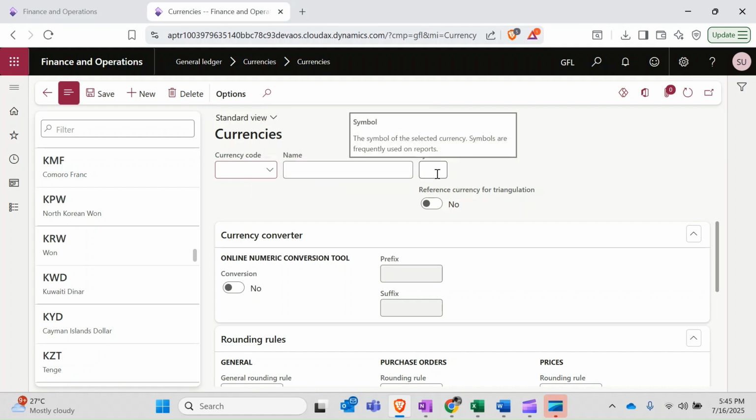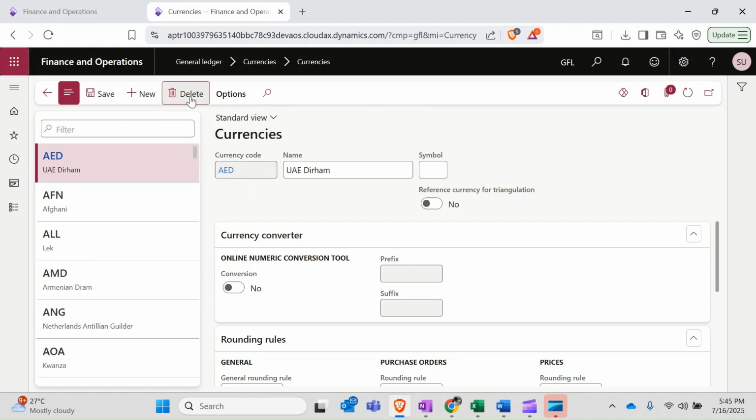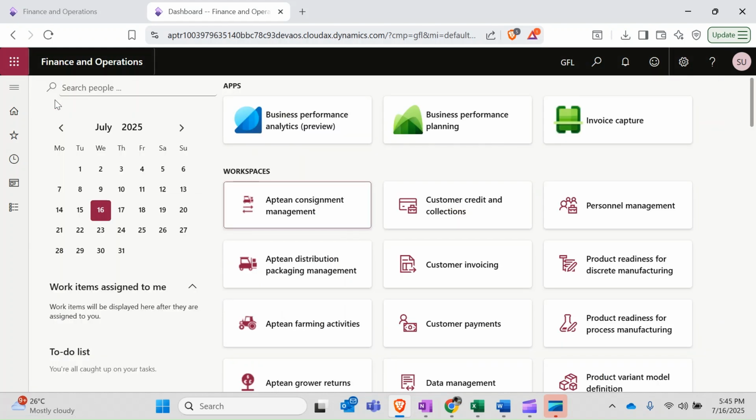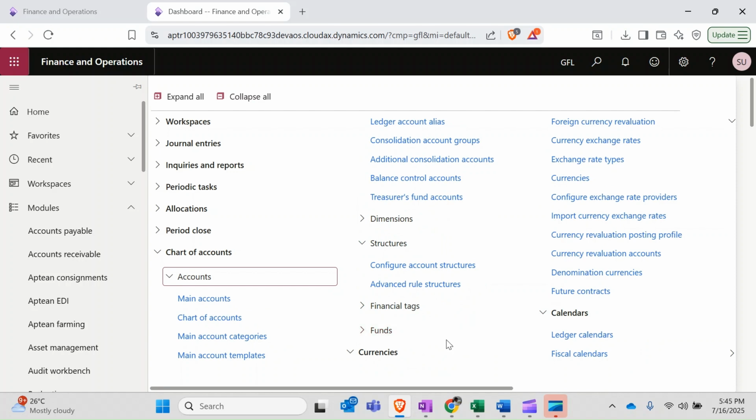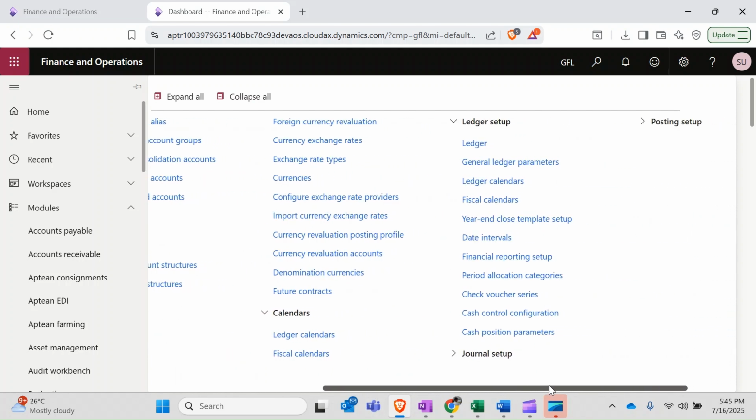And you could also put the symbol. Whatever makes more sense to you. Just create those things. So once you have created this, what we have created is a fiscal calendar, a main chart of accounts, main account, and the currencies. Once all this has been done, then we are going to go to the ledger